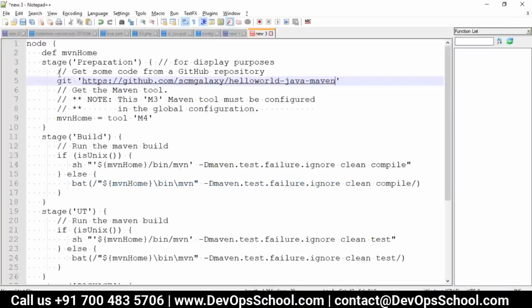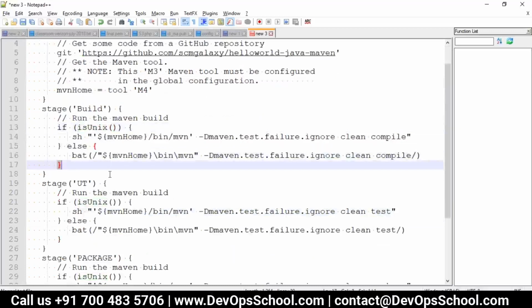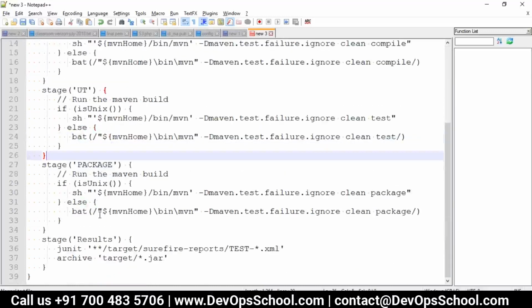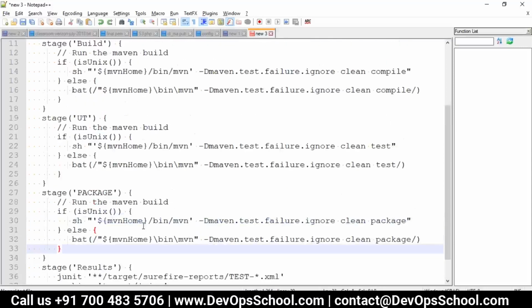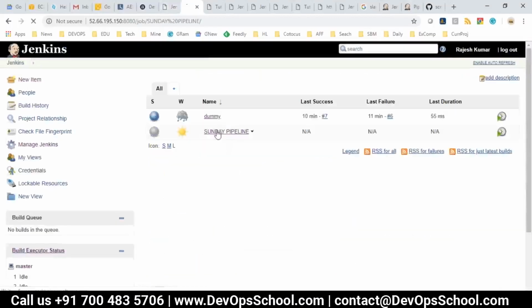So now here is very simple. Git checkout, that means check out this one. Set the M4 and use it everywhere. For the Windows, for the Linux. And this is a JUnit file displaying the results, and this is archiving the job. So everything is done. Now copy all these programs, configure